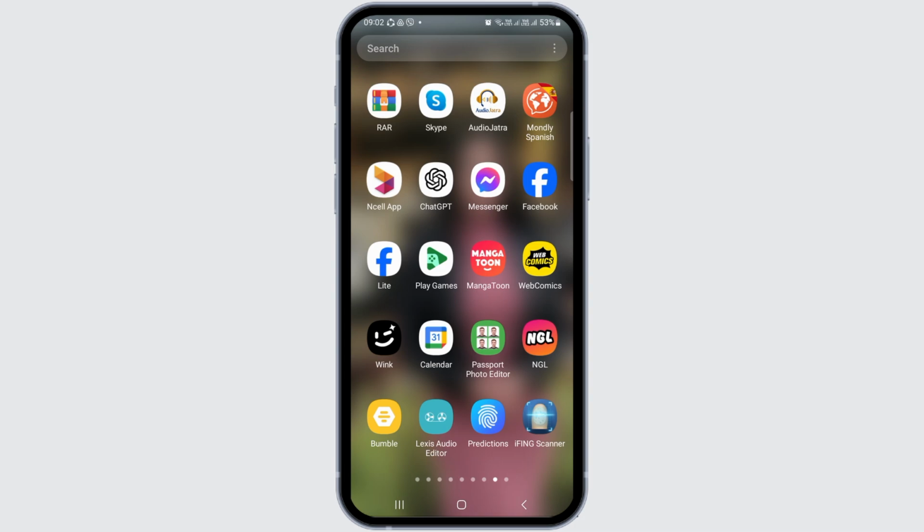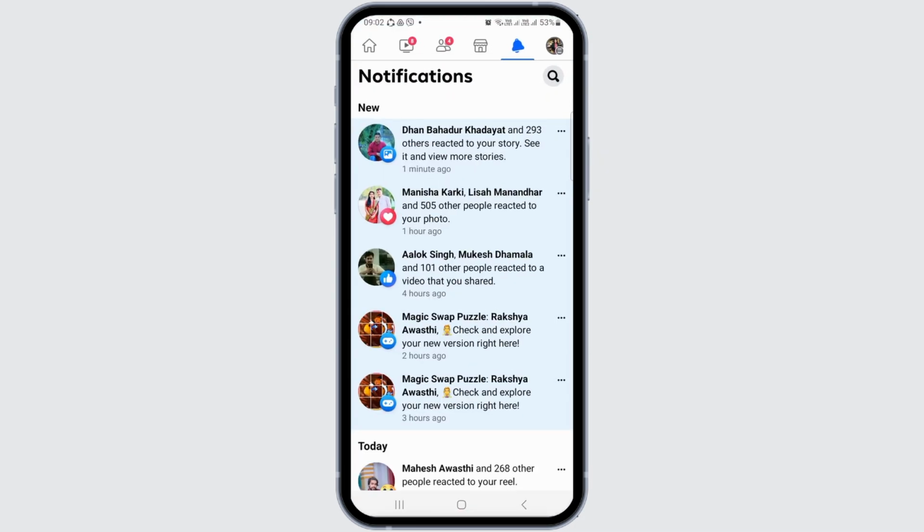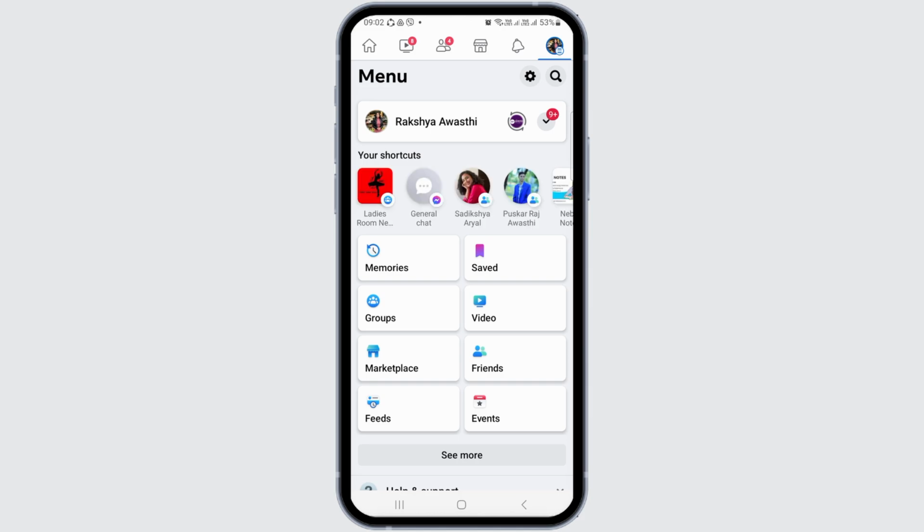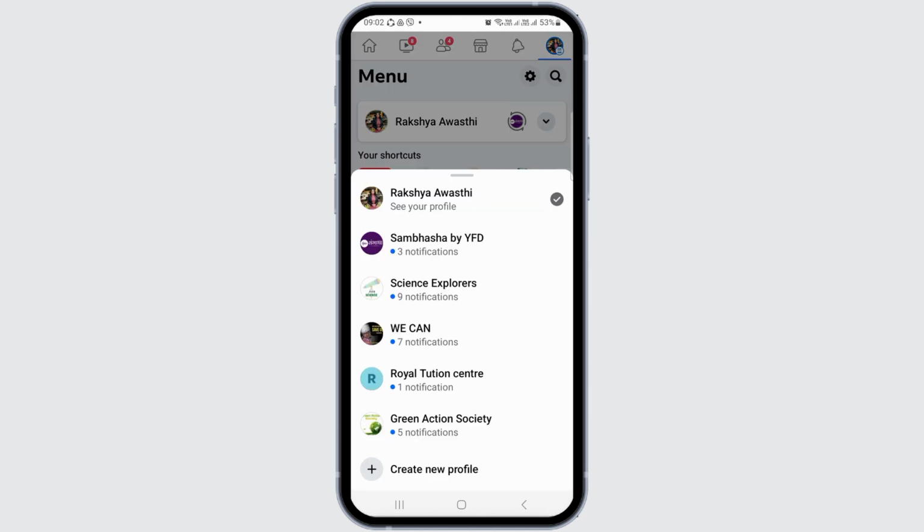In order to do so, you have to tap on Facebook for a while. After that, you will see a screen like this. Now you have to go to the profile section. After you go to the profile section, now you have to switch your Facebook to the Facebook page whose event